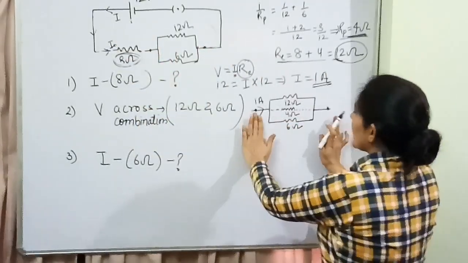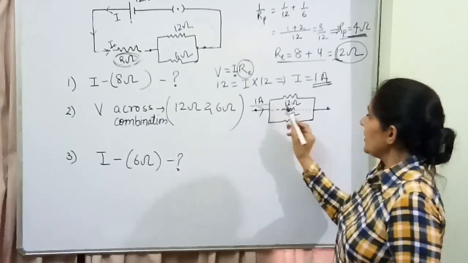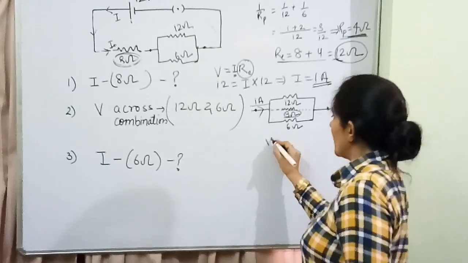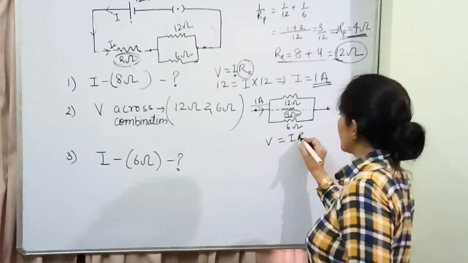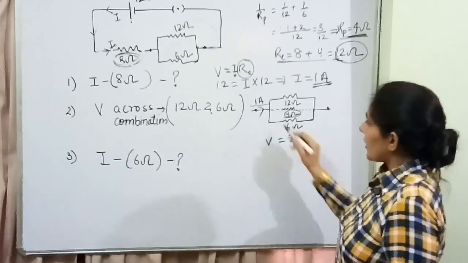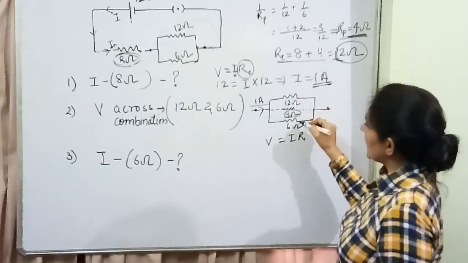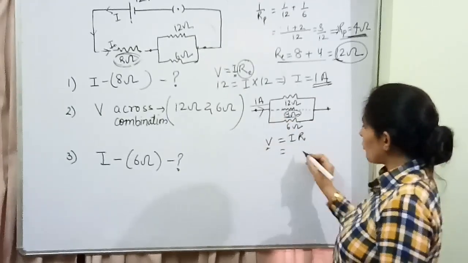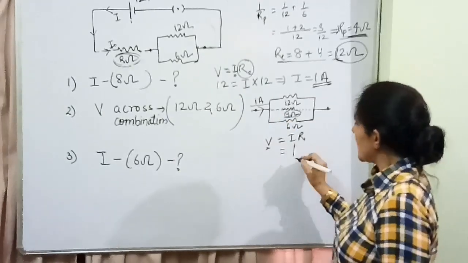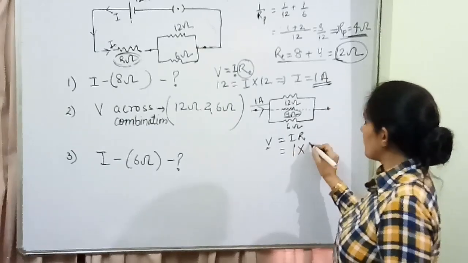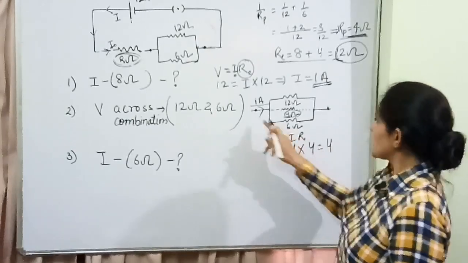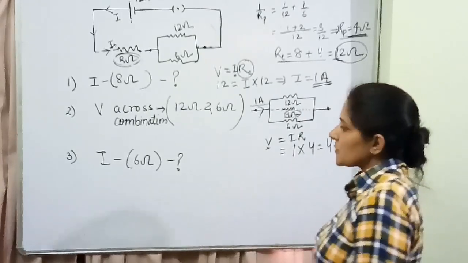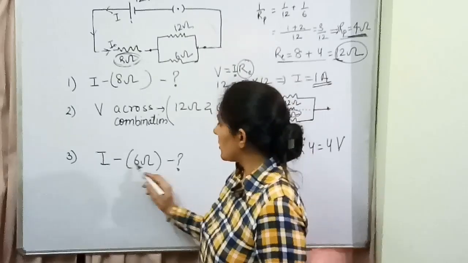सो इसके अक्रॉस फाइंड आउट करने के लिए हमने ये डायग्राम बनाया, we have value of I, we have value of total resistance, so easily we can find out value of potential difference। V is equal to I R, V across both of these when they are connected in parallel V will remain same, so we need to find out the value of total current is 1 given to us and value of equivalent resistance is 4, so the value of potential difference across these two is 4 volt।